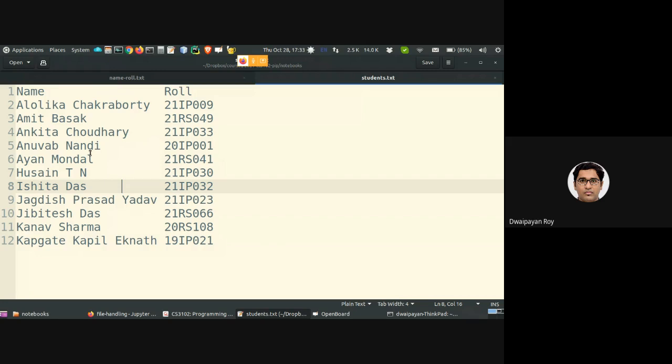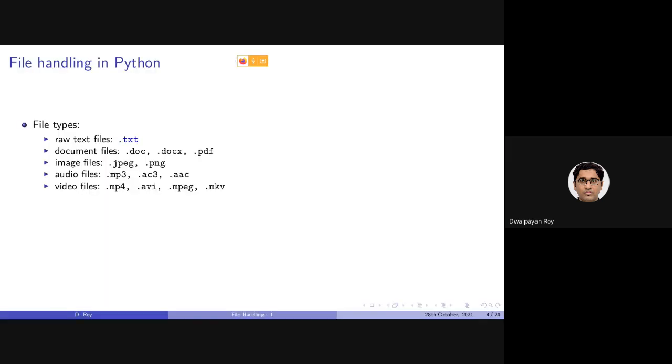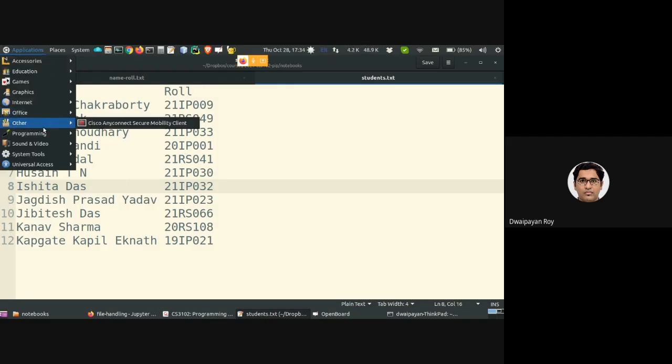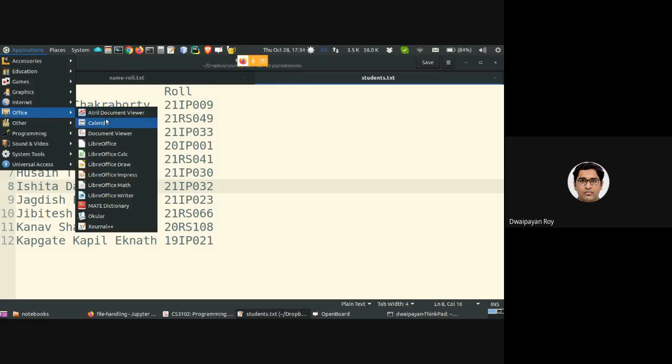It's not possible to put that information in this raw text file. But for doc or docx files, we know we can underline certain text. If you copy that content into a text file, you will see that only the text information is copied. Let's look at that. I'm really glad that you asked this question.